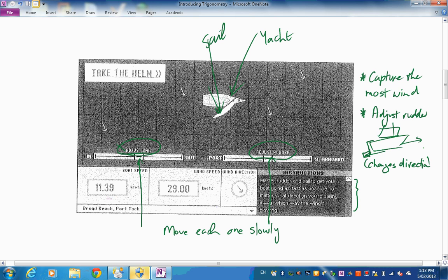So we want to try and sail like this one up here, basically with the wind coming across us or behind us, and just playing around, getting an idea of what's happening. And here we are. This is the wind speed, and you want the maximum boat speed in the direction you're